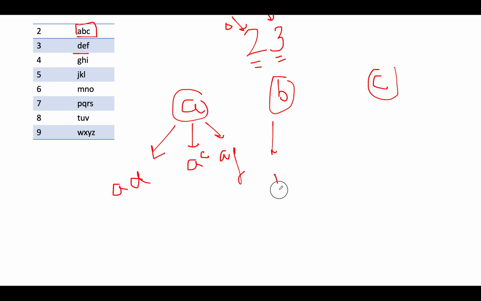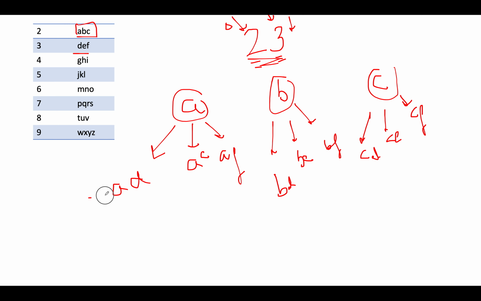Similarly here, BD, BE, and BF. Again here CD, CE, and CF. And now we realize that the input number has been exhausted, as a result of which we'll add all these strings to our answer, and this is our answer set.